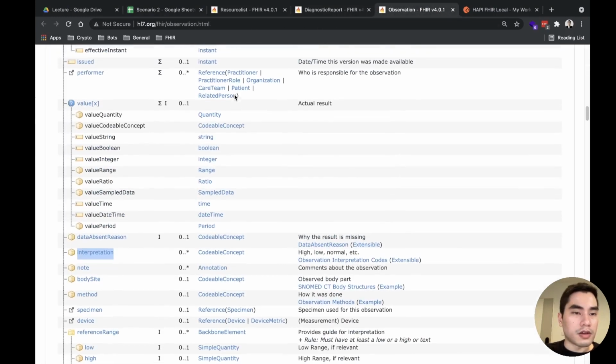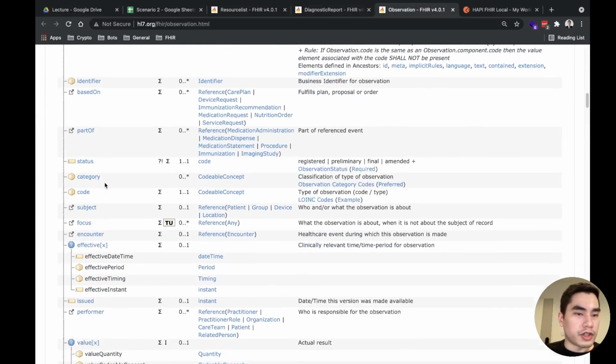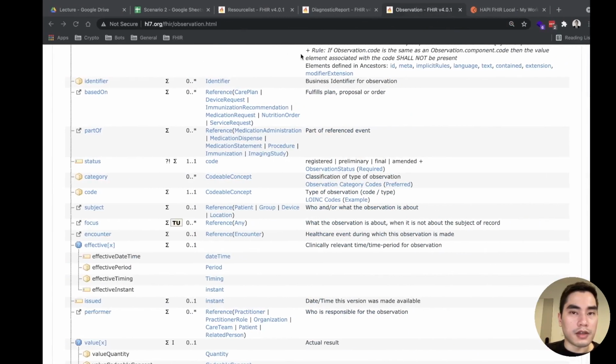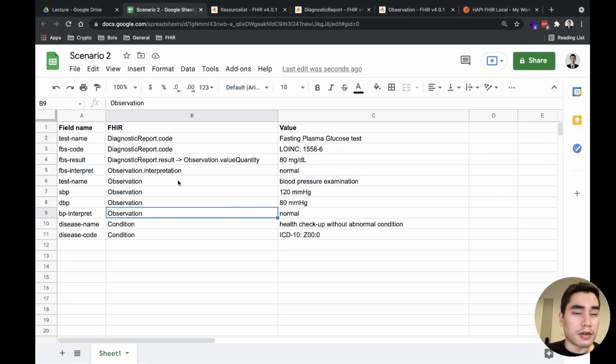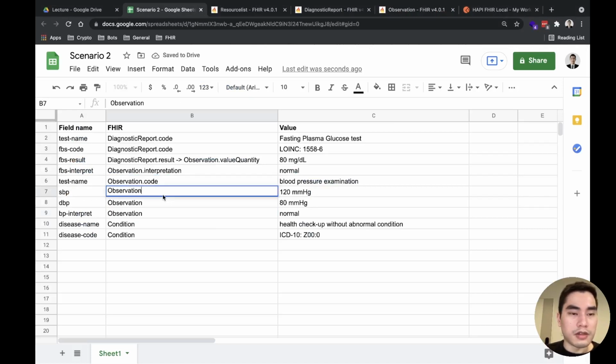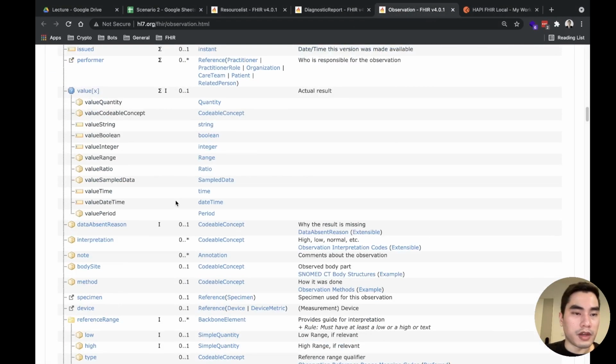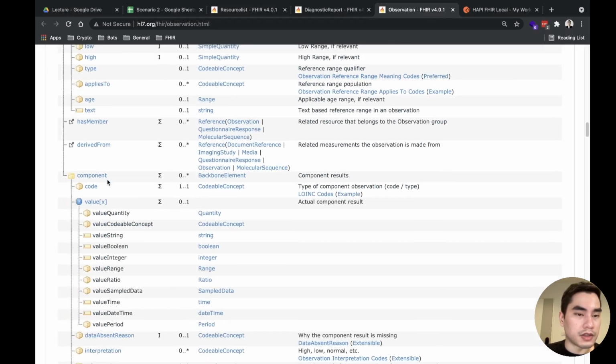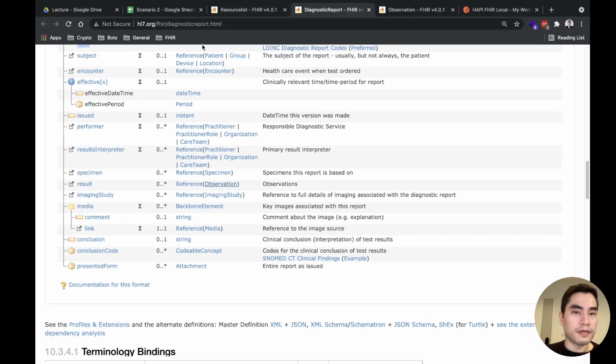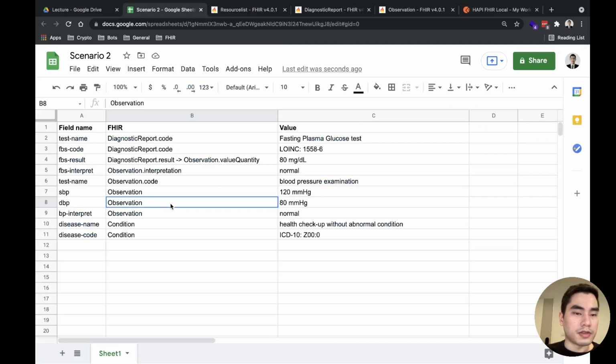Another thing is also the observation, right? Because here is the blood pressure, so it's here, and this one is a component of the observation. So it's observation dot component dot code.